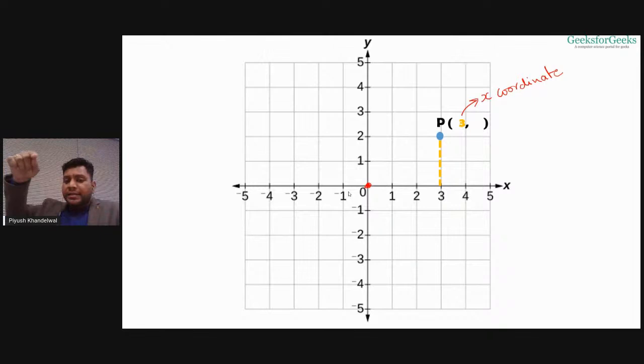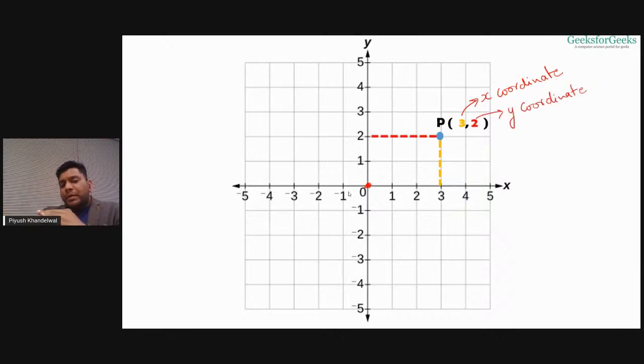Here you can see the straight line from P cuts the x-axis at 3, so the x coordinate becomes 3. Similarly, the straight line from P to the y-axis cuts it at 2, so 2 becomes the y coordinate of this point P. So if I say point P has address 3, 2, it means I can identify where this point lies on